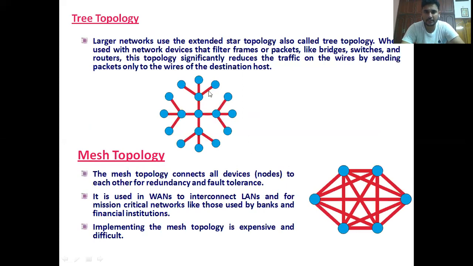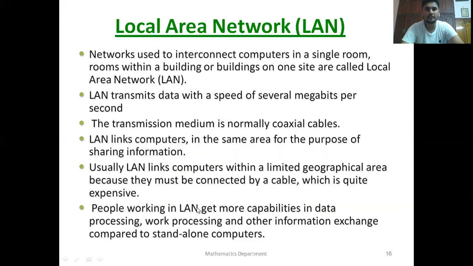So systems are connecting in this way. And mesh topology. So in mesh topology, it is one to many, from here to this way, like in this way. So the entire connection is established. That is mesh topology. So tree topology and mesh topology, we covered this in lecture number 2. Now network.